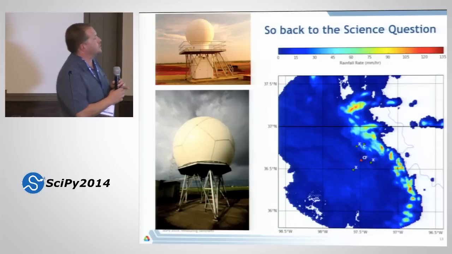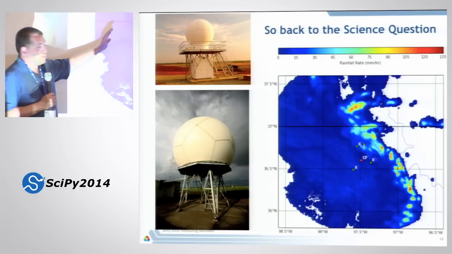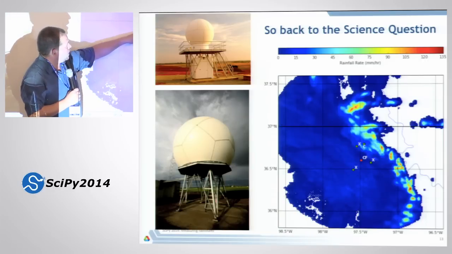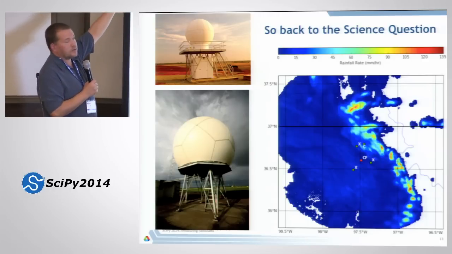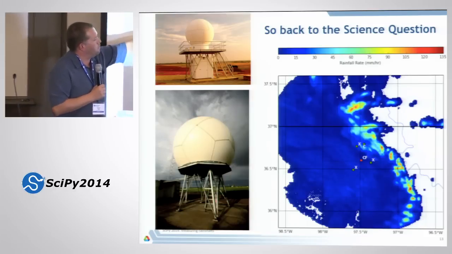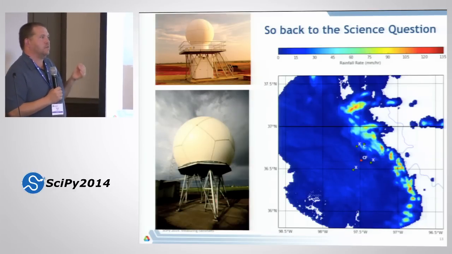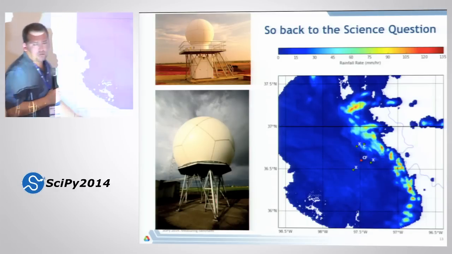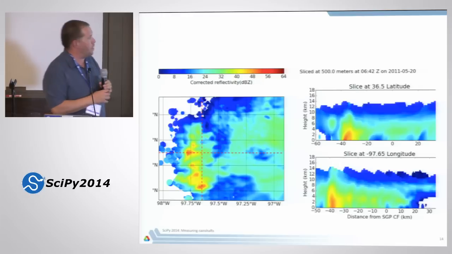So getting back to our science question, this is a rainfall retrieval over Oklahoma where our climate research site is. We have our central facility here, we have a whole bunch of instruments, and we have a network of 3 X-band radars and 1 C-band radar. That's what our X-band radars look like. Again, we've got our golf ball on here, and that actually is the same radar you saw earlier, but with its radome on. And the question we're asking is, are we adequately resolving these rainshafts? Is this the natural spectral frequency of that structure?